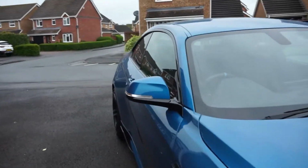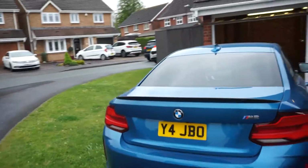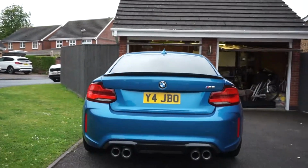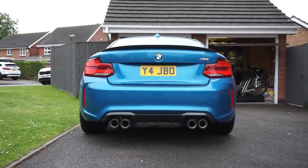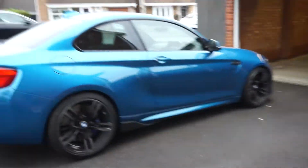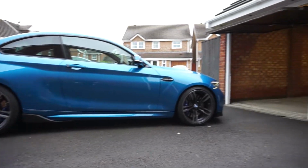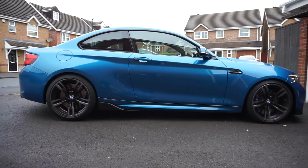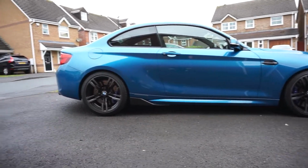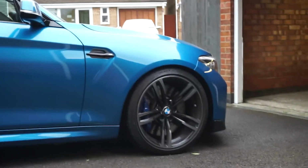We're on to the back. Oh, so much better. How it should have come from the factory, really. That looks so much more squat. And of course from the side. So we've still got a bit of gap at the back, still got a bit of gap at the front, but that is way lower, and you can see those two arch gaps, the back and the front,